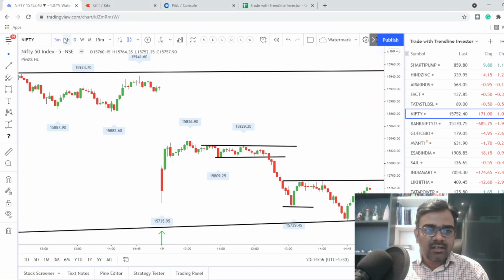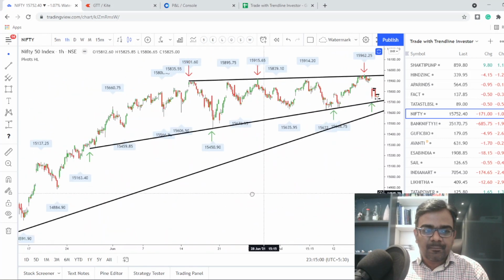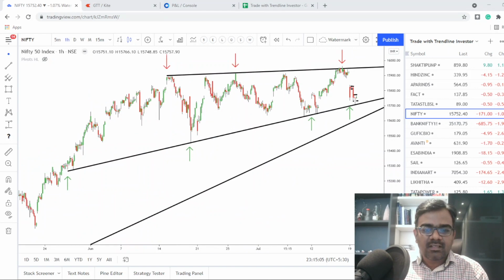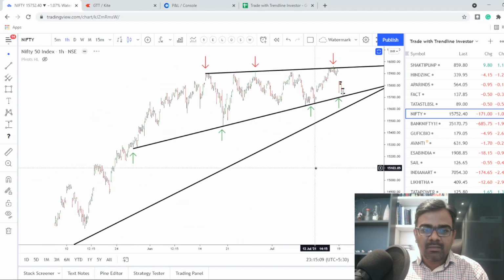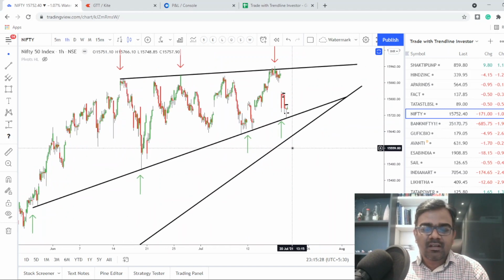Now, going into the hourly charts, we are kind of forming a rising wedge, right? So, I'm just going to switch off this indicator, right? We are forming a nice rising wedge, which is a bearish pattern around all-time high. Now, many might question, I was bullish all these days, why suddenly am I looking at a bearish pattern? Now, to be honest, after this rejection yesterday, I completely forgot to look at this trend line and the other trend line on top. Now it happens many times, and it's never late to find something,